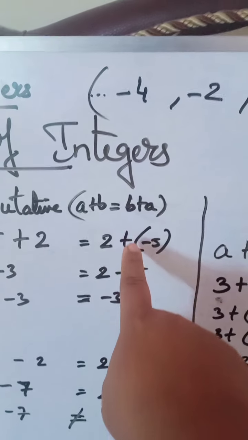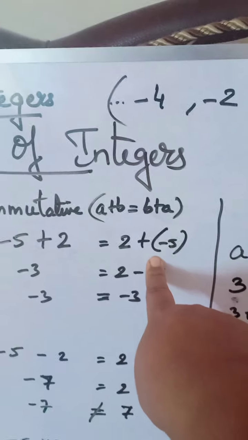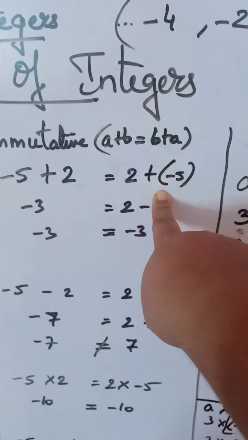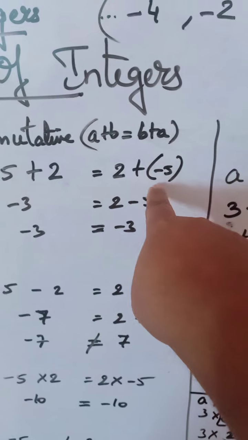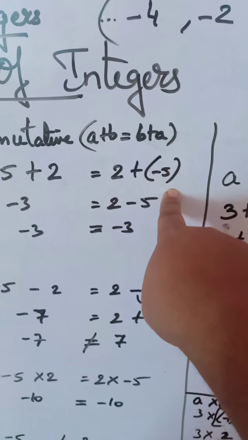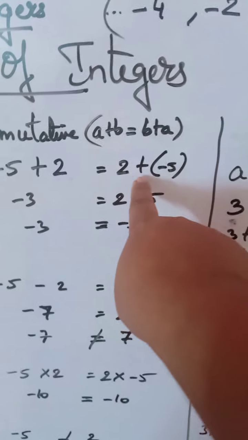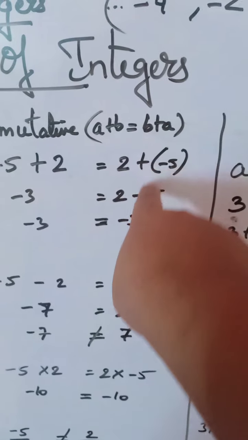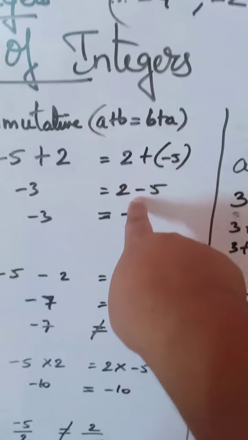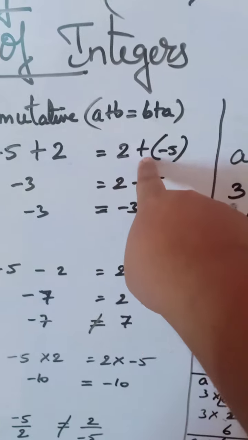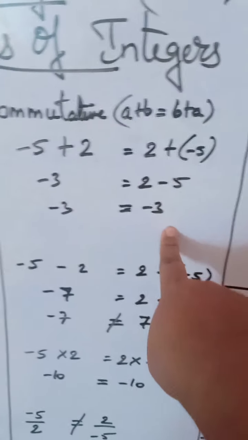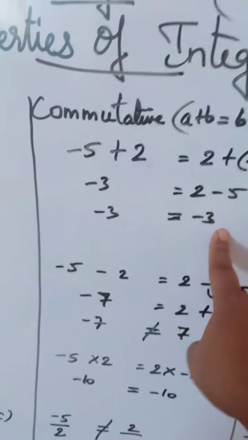In this case, here you have a bracket. Since you have a bracket, you have to remove the bracket first, because we are going to use the BODMAS rule here. So 2 plus, that is in the bracket, minus 5. The bracket indicates the symbol of multiplication. So plus into minus is minus. So 2 plus into minus is minus 5. 2 minus 5 is minus 3. So both the sides are equal.